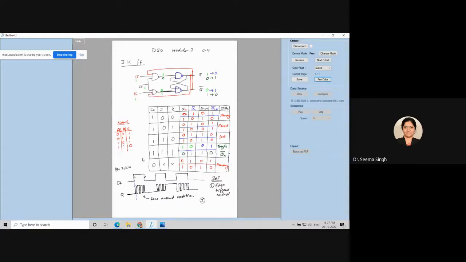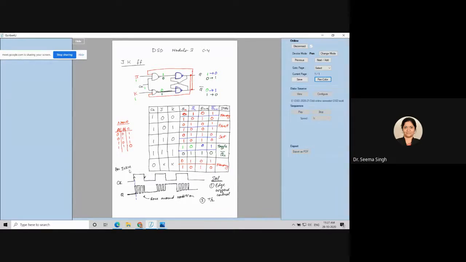Second solution is what they say is to increase the clock frequency. Now, what do you mean by increasing the clock frequency? Increasing the clock frequency means it will remain 1 for less time. It will remain 0 for less time. So what they generally say, that half of this time period, why I am saying half of the time period, because it is working on this positive level only.